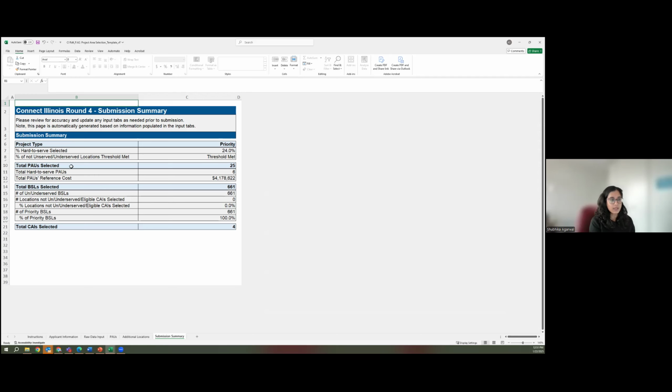The total number of PAUs selected. So for the CSP that I used, it was a total of 25, of which 6 were hard to serve. And then we have the reference cost for all of this. Again, this is going to be important because depending on the match versus the grant request, that's going to impact your scoring. And the total number of BSLs selected, so the number of unserved and underserved BSLs in your selection,